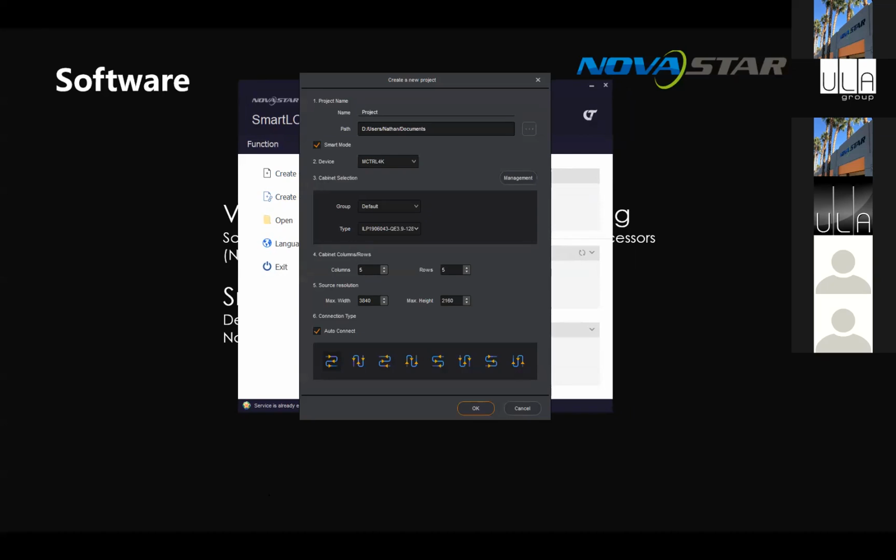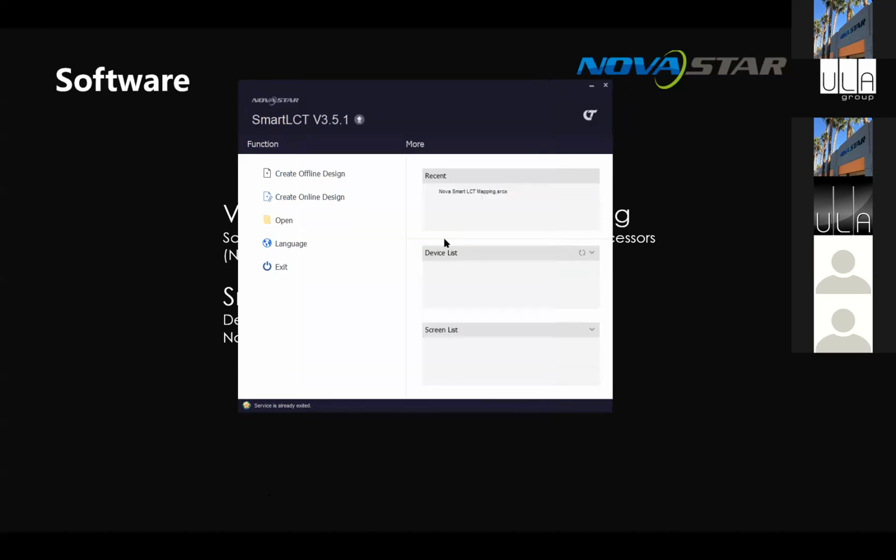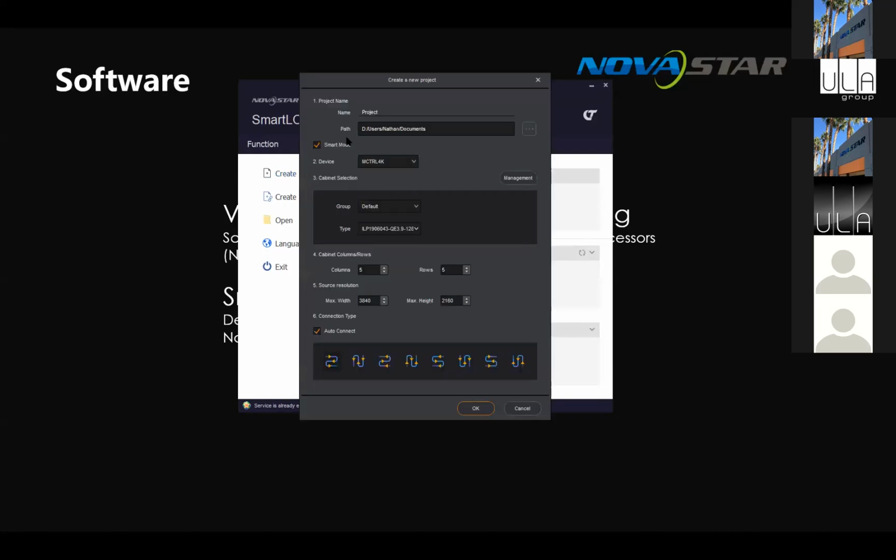So for this, you just basically create an offline project. And incidentally, if you do have processors on your network and online, they'll appear on the device list, and if they have screens, they're there. So you can actually double click and it'll take you straight into that processor and you can see what's going on. But for the moment here, I'm just going to create a new project. You can pick the processor that's actually going to drive it. So for this case, I'll go NemControl 4K.